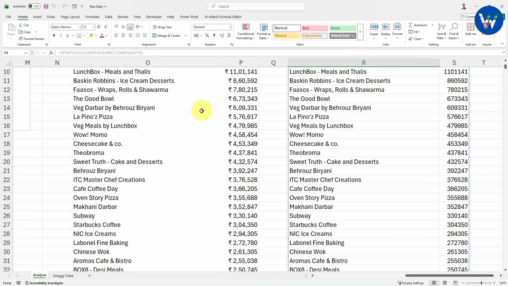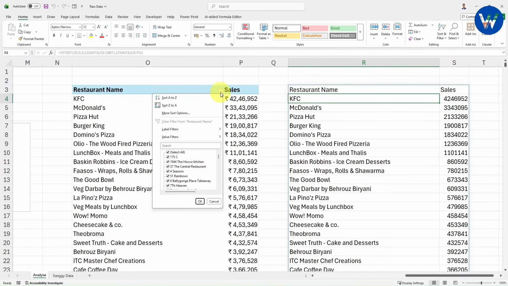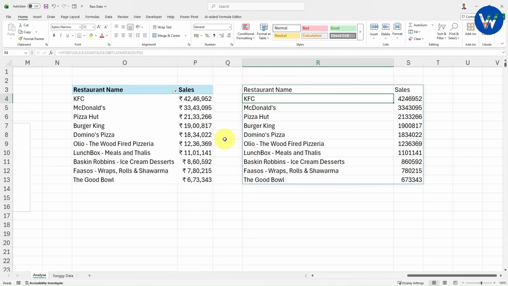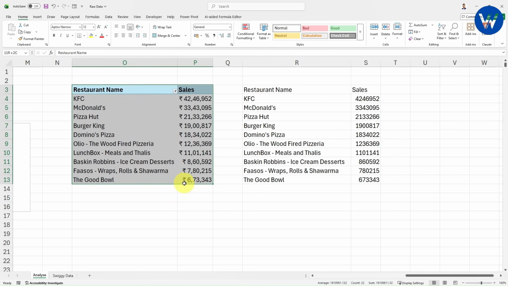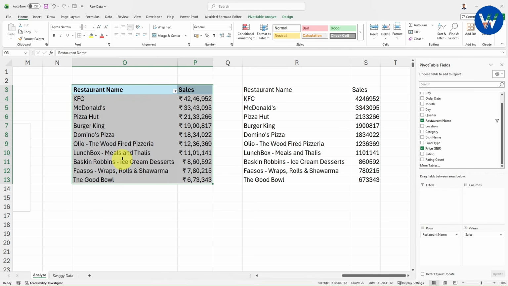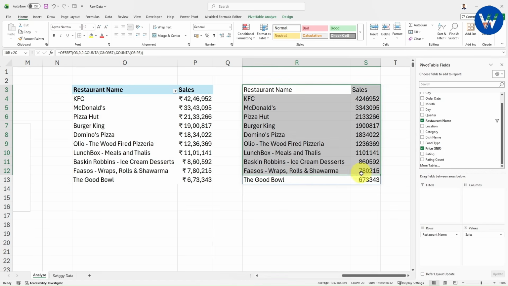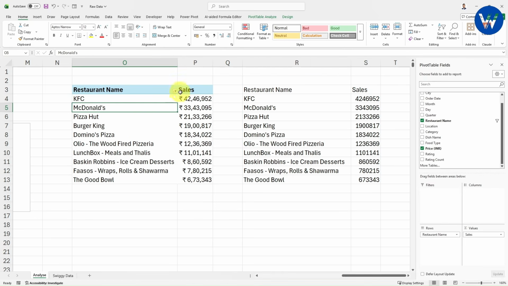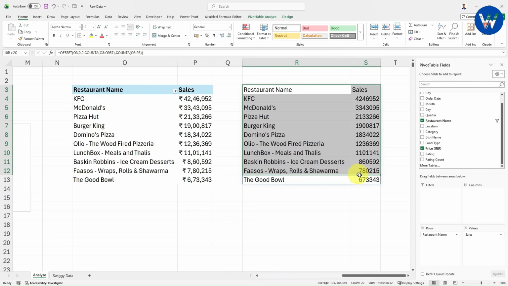Now I want to find only the top 10 restaurants, right? It is very simple. Just apply the filter in the same way as I already told you. Click on top 10. Now from here click OK. Once you click OK, wow, it's completely amazing. Now whenever I make any changes inside this pivot table, automatically you will get the same duplicate of this pivot table. So with the help of the OFFSET function, you can create the same array. Whenever you make any changes inside this data, automatically this array will be updated.